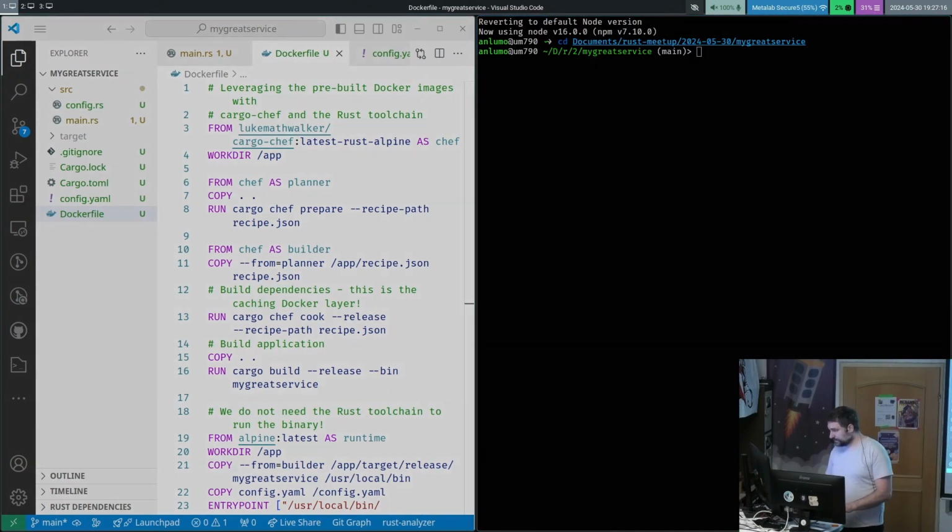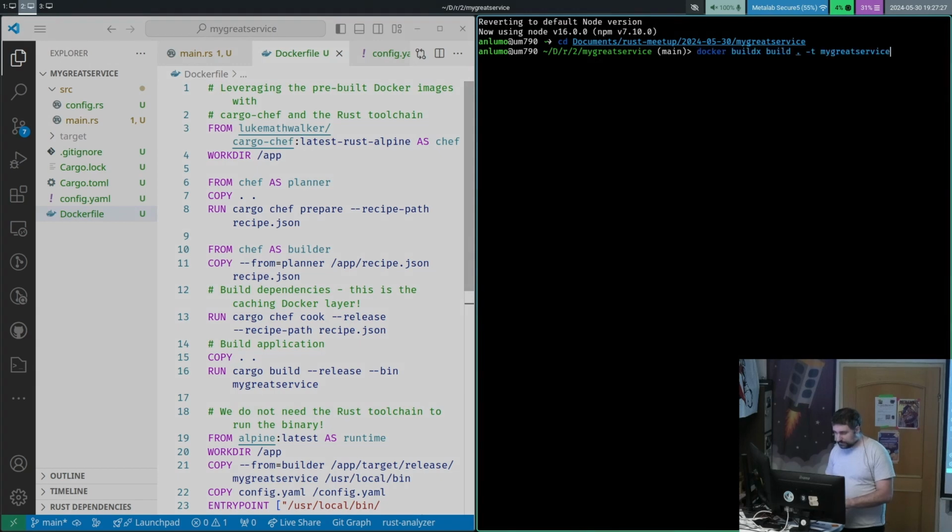And now I want to build this thing. So this command: docker buildx build. Buildx is like the new build system, whatever. Then the path to build, which is dot because it's the current directory, and then I want to name it